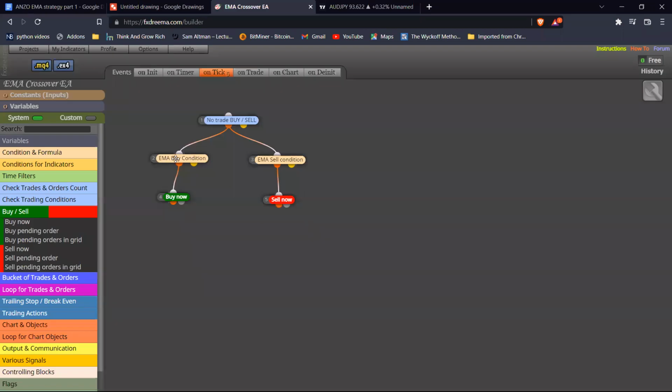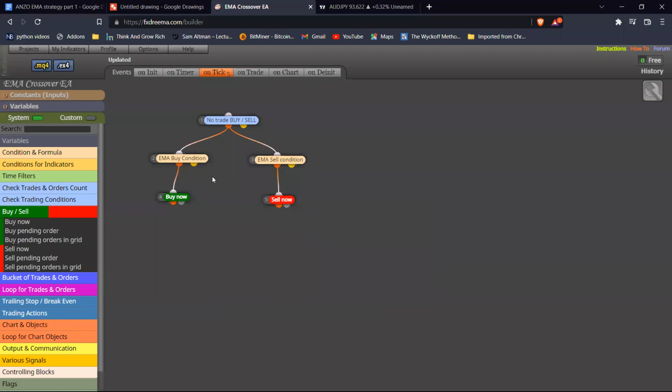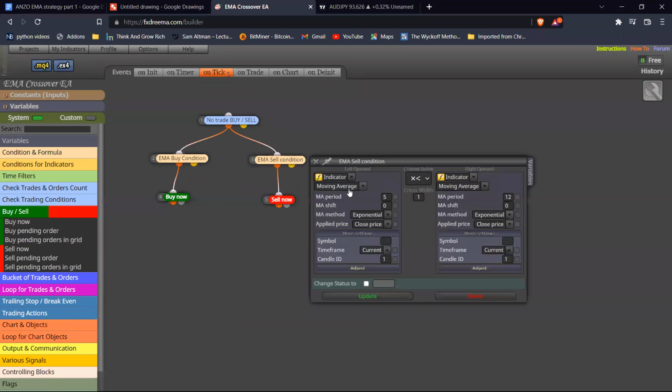We are checking for the buy condition, right? So this is the buy condition. We're looking if the 5-period moving average is crossing above the 12, and you can see this is our crossing above. We're looking at the exponential moving average and at the most recent candle. And if that is true, we'll execute the buy. On the other hand, if the 5-period moving average is crossing below the 12-period moving average, then we are looking to sell. Now,